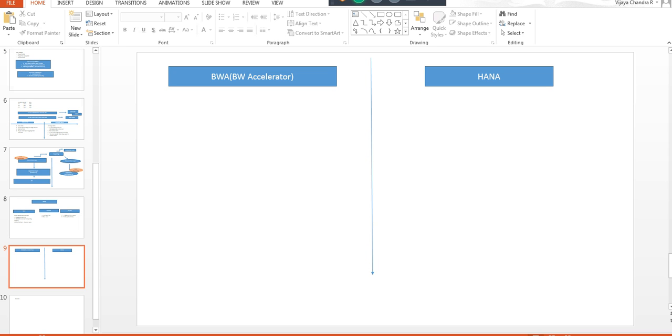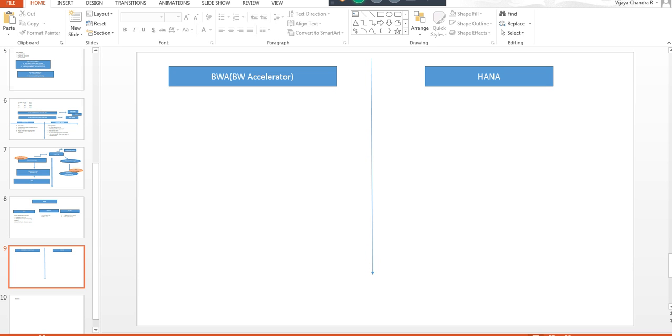It is for all SAP or non-SAP systems. You can pull data from either SAP or non-SAP systems, or HTML, or any databases like MySQL, Microsoft SQL, Teradata, flat files, etc. And you can pull data into your HANA database, and you can do modeling like information models as part of HANA Studio. We'll be discussing it in a future course. And on top of that, you can do reports using either Microsoft Excel, or Business Objects, or